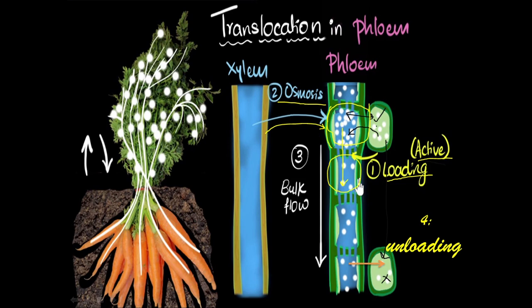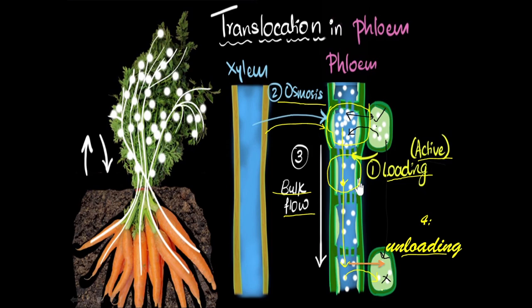So here there is no pressure created. So the solution together, that is the water as well as the solute particle, will start to move to a region where there is a lower pressure. So there is a bulk flow happening. Both glucose molecules as well as water molecules are traveling now. It will travel to where a very low pressure is created. It has reached here now. Okay, so now what is left? It has to just give the solute particles, whatever is present, into this region where they actually need the food. So unloading is happening, and it is through diffusion only, because there is a difference in concentration here. So hope it is clear.